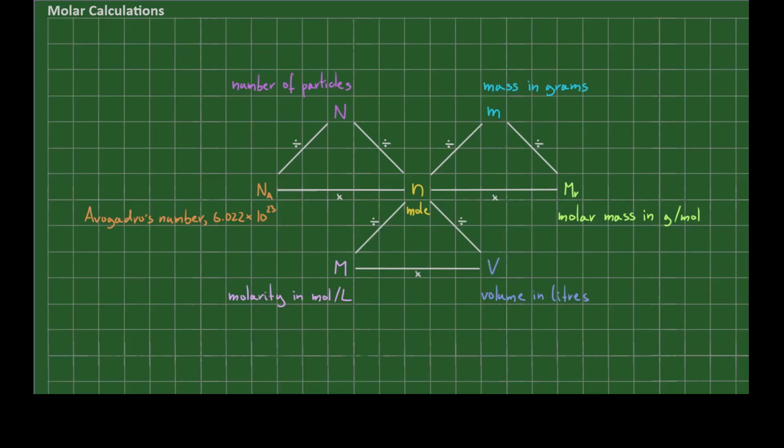Let me introduce the terms involved. Starting on the far left, we have capital N with a subscript A. This stands for Avogadro's number. If we have only the capital N, this represents the number of particles. A lowercase n represents the number of moles, a lowercase m represents the mass in grams, a capital M with